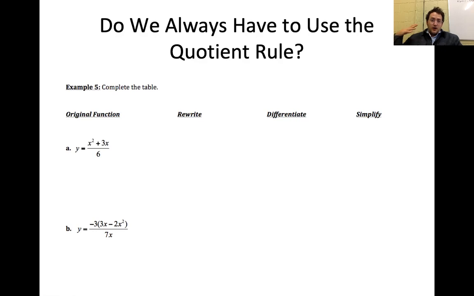So are we always in a position where we need to use the quotient rule? Well, there's actually some situations where it may look like a quotient rule, but it may be more advantageous to use the power rule. So let's look at this type of situation. Let's go to 5a here, this example. So I could actually rewrite this as